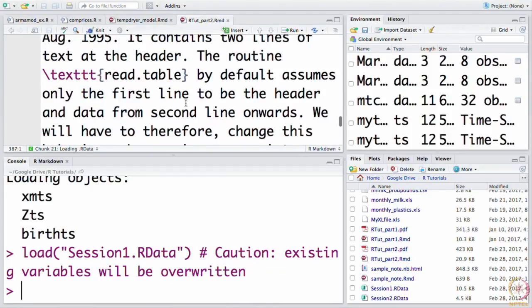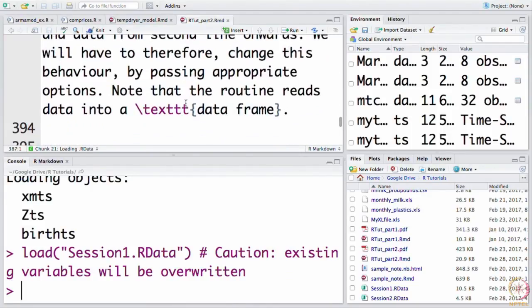But this is not the only way in which data can be stored in a text file. Many a times this description may not be available, or maybe a single line description is available, or there may be multiple columns, and there may be names to each of those columns and so on, and they may be separated by tabs and so on. So, there are just different ways in which data is stored in a text file. This is a very simple file, but definitely gives you an idea of how to use a read.table routine. So, it serves our purpose, and remember that whenever you use a read.table, data is returned or stored as a data frame object. That is something to remember.